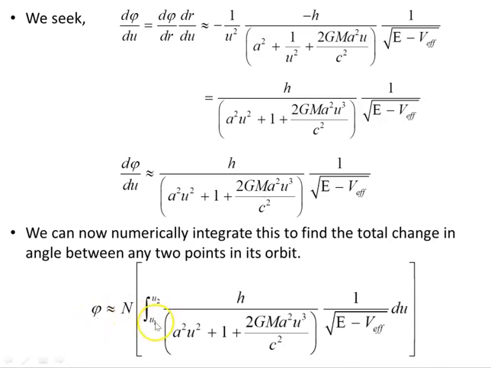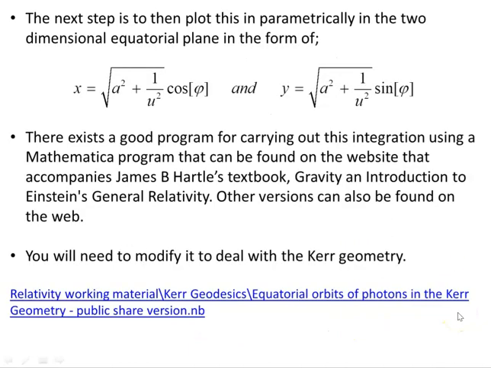So that'll be the integral from u1, our first point, 1 over r1, to u2, 1 over r2, and we'll integrate that in terms of u. And we'll use numerical integration for that. And then the next step after that is to plot this parametrically in the two-dimensional equatorial plane in the form of x is square root of that times cos of phi, and y equals square root of that